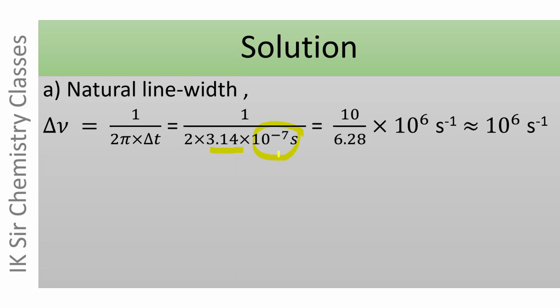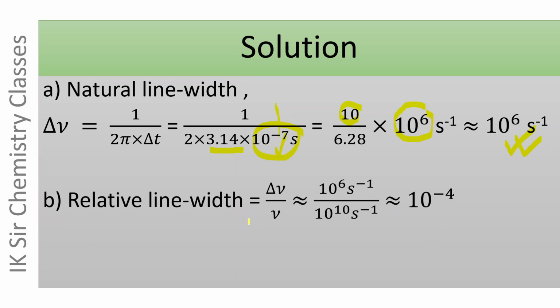On moving this term to the numerator, it becomes 10 to the power 7 per second, and 10 to the power 7 can be written as 10 multiplied by 10 to the power 6 per second divided by 6.28. On dividing 10 by 6.28, we get approximately 1, and therefore the approximate natural line width of the ESR spectral line will be 10 to the power 6 per second,